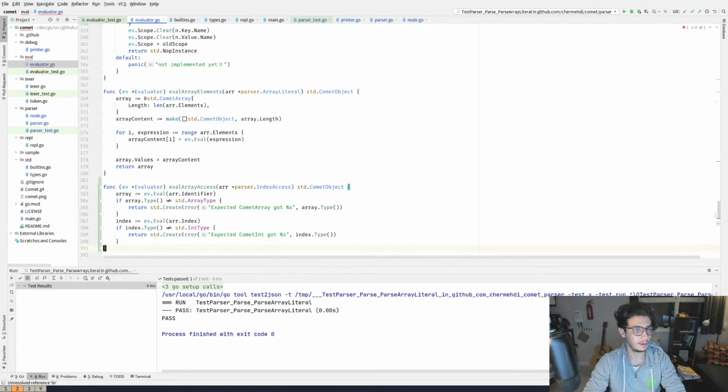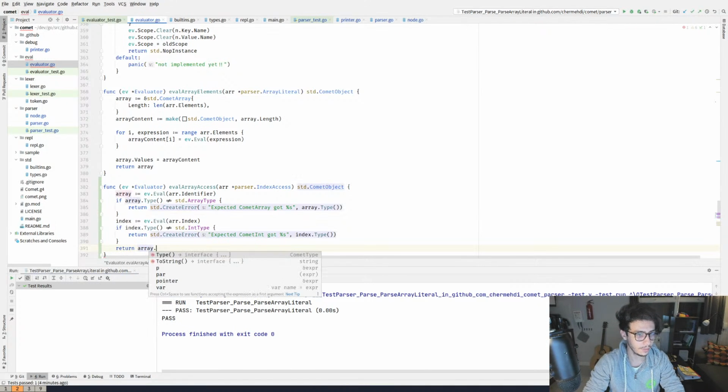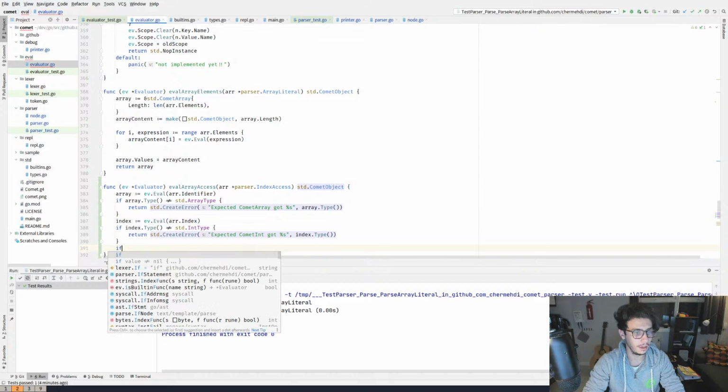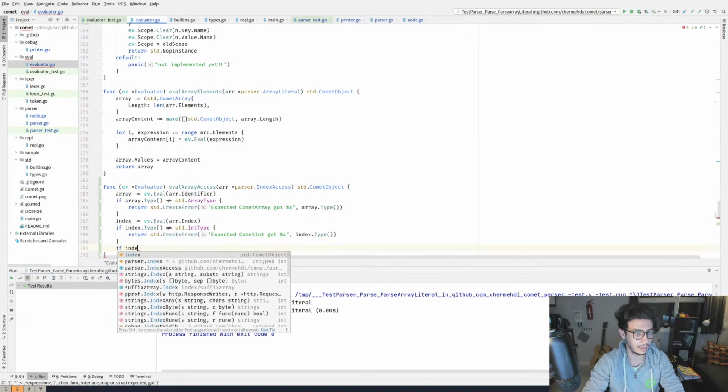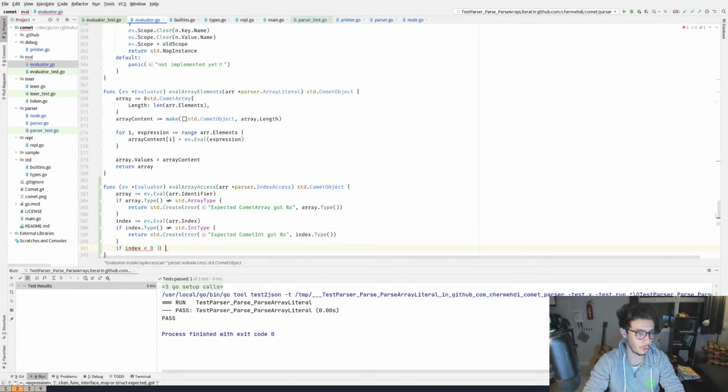Right, now if both of them are actually of the correct type, we can return array. If index is smaller than 0, or index dot value, of course.